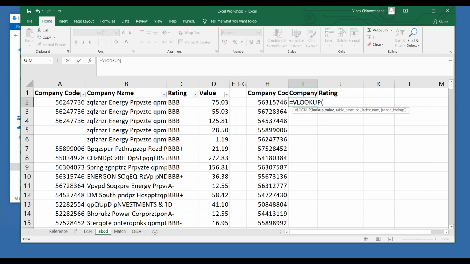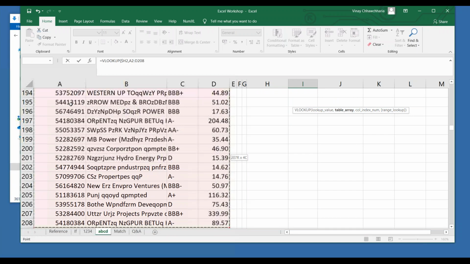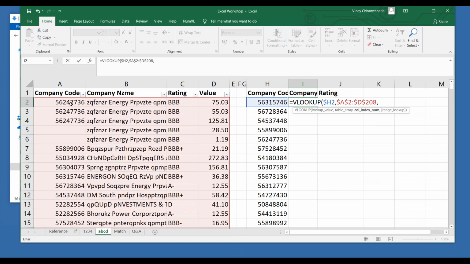So equal to VLOOKUP. What was the lookup value? This. Again, this is how the dollars will come. What is the table array? I know it might appear a bit complex, but believe me, it is not that complex. Now you want a 2 over here. How to get the 2? Equal to MATCH.